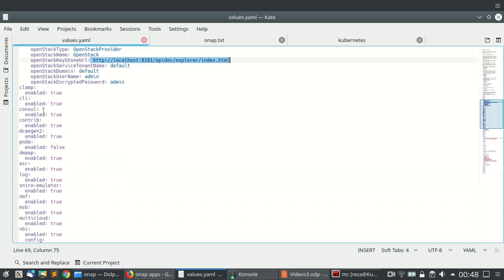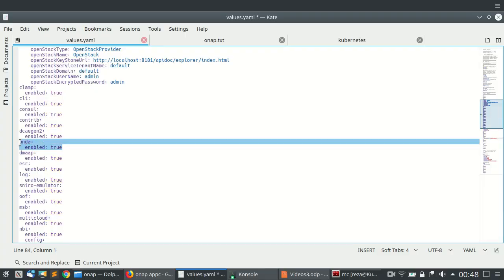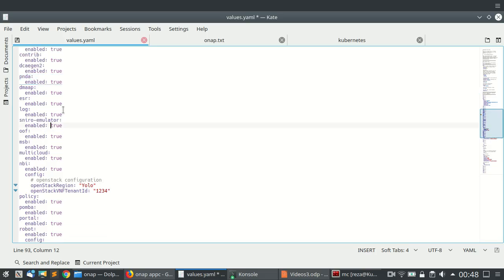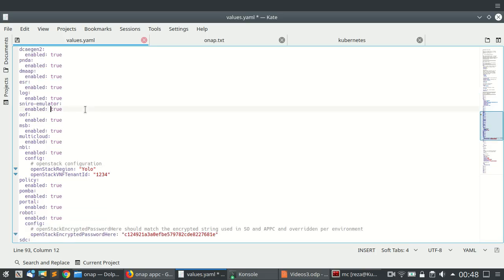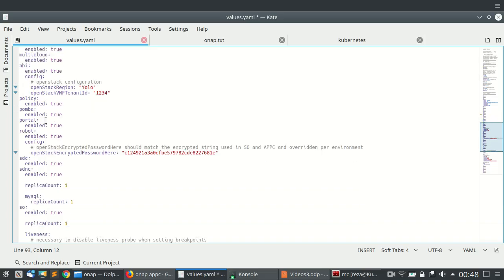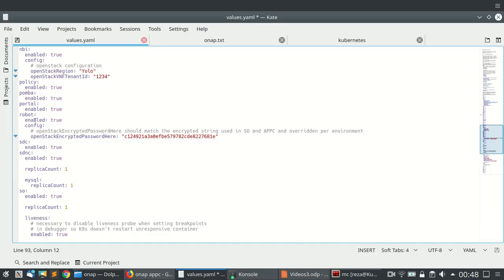The other stuff, like as you can see, the clamp, Panda is also here, and it's enabled, it says false. Now we will change this to true. So this will tell our OOM installer that, hey, I need Panda to be installed as part of our ONAP deployment. And the other components, as we can see, they're all there. The policy, reboot,